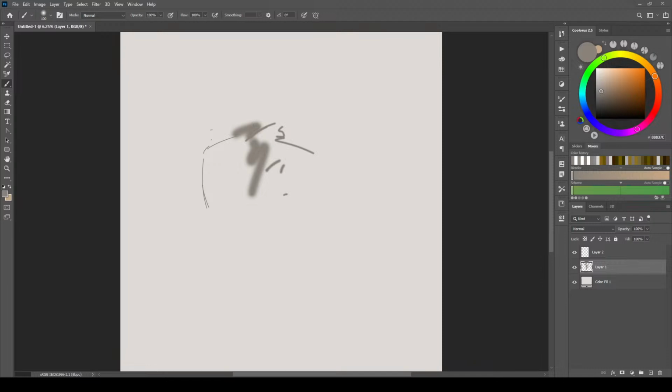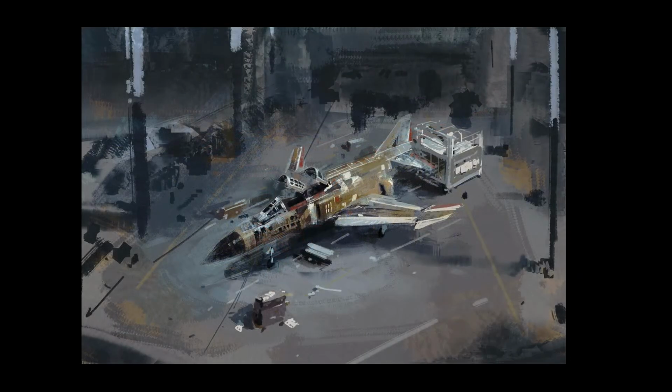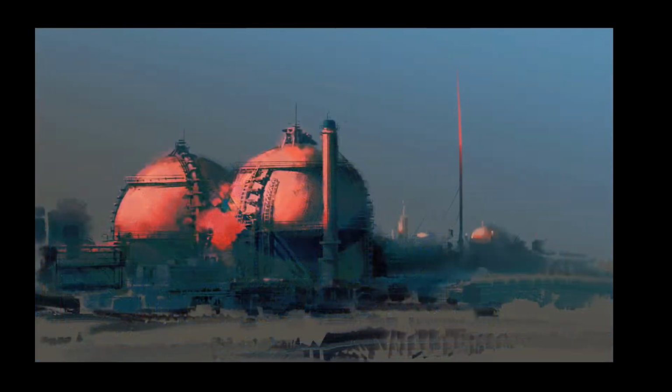So, real quick here. Close down Photoshop. Sometimes Chrome competes with it, so I'm going to shut down Chrome. Get Photoshop going back up again and see if we can get our pressure sensitivity back.